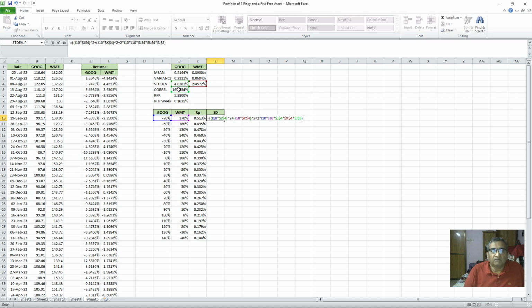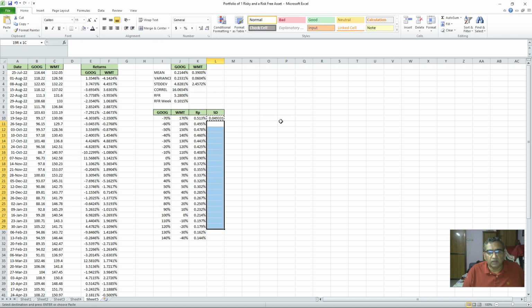Now what has happened is this will basically give me a variance, but I need a standard deviation. So what I do is I raise it to the power of 1 divided by 2 and close the bracket. This gives me a standard deviation, okay. Now this standard deviation, again, since I have locked all the cells, I presume, so I'll just check in F2, J, K, and yeah, seem to be fine. So I'll just copy this to the rest of the